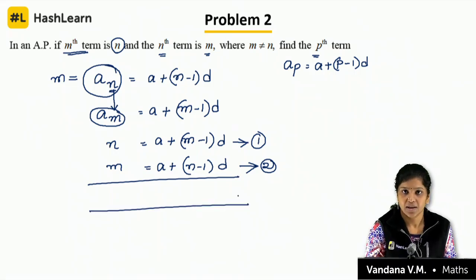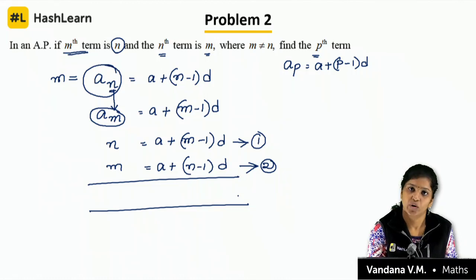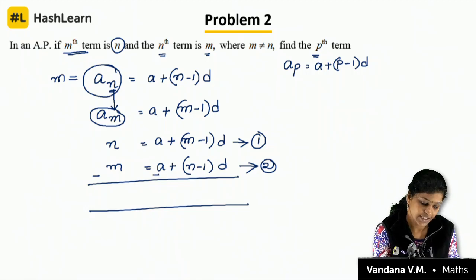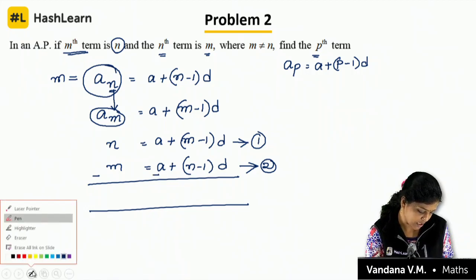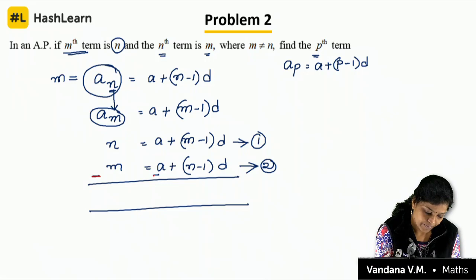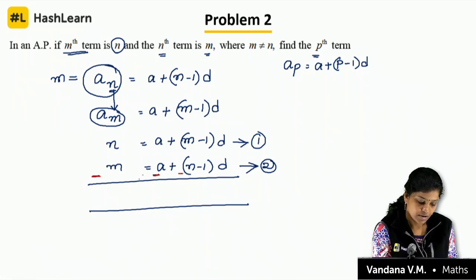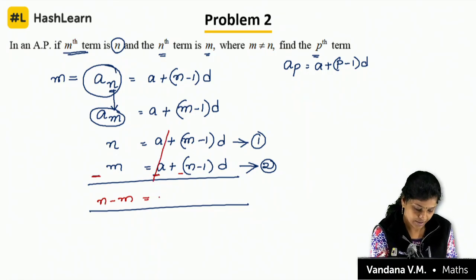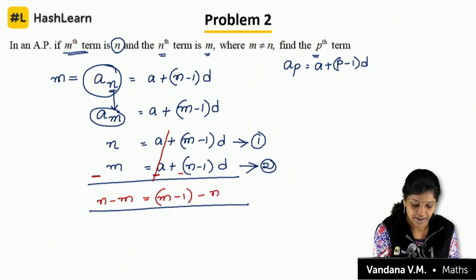I can add, I can subtract, I can multiply, I can divide. Whatever I want, I can do it. But if I subtract, I can get the common difference, isn't it? So, please subtract this minus minus. Let me change the color, then you can understand. Minus, minus. This is n minus m is equal to a will get cancelled, then m minus 1 minus n minus 1,